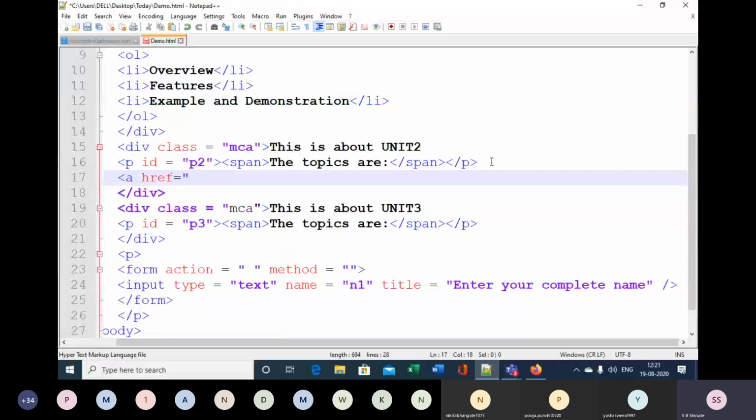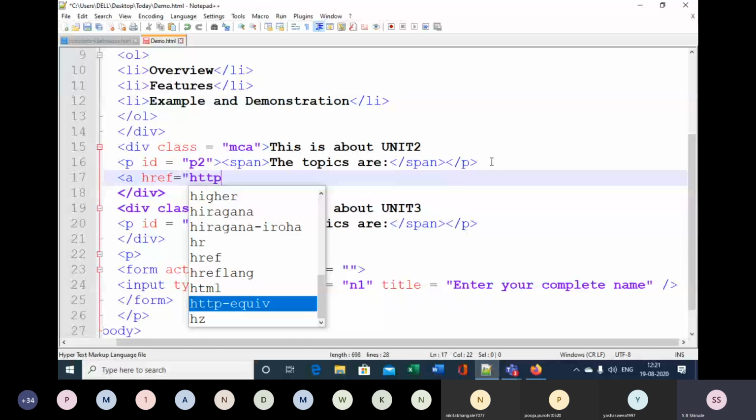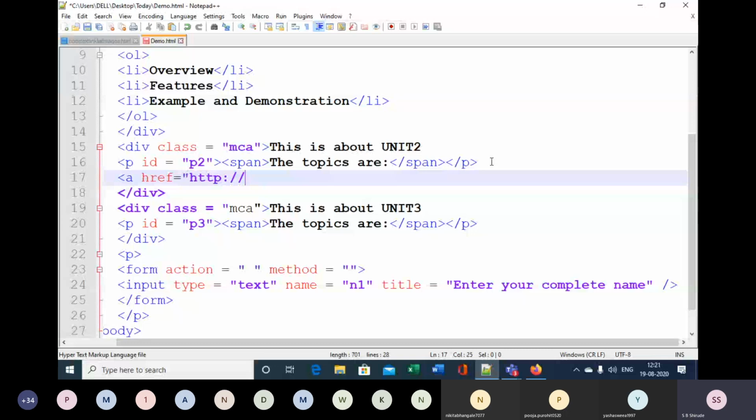Suppose http://www.w3.org. Okay, so here the text is "You should visit for details."